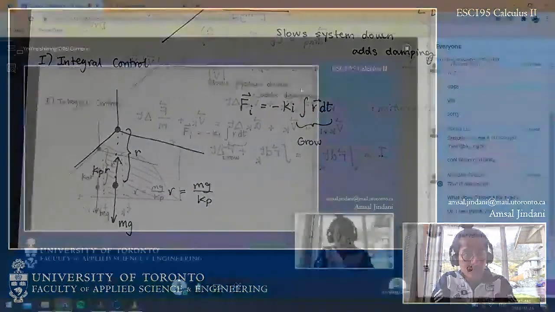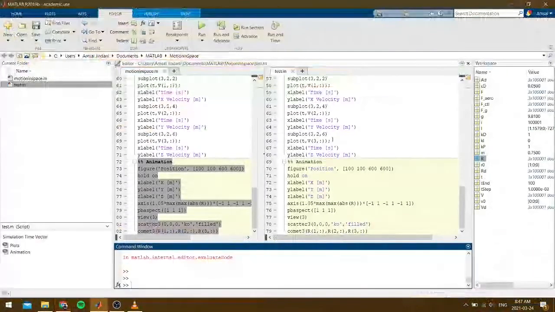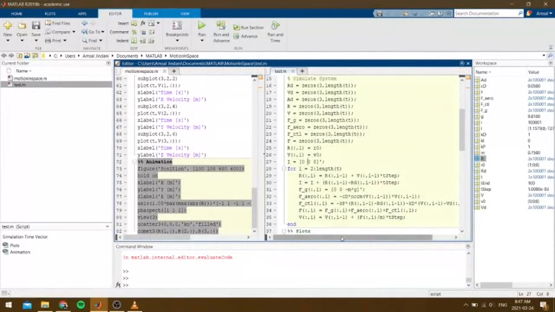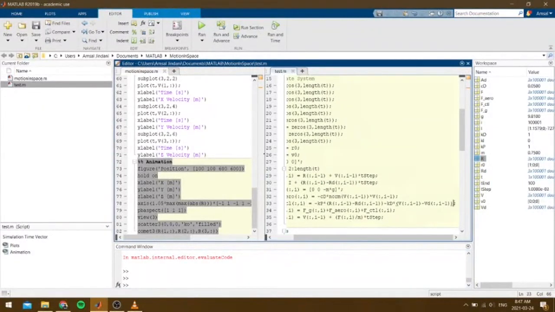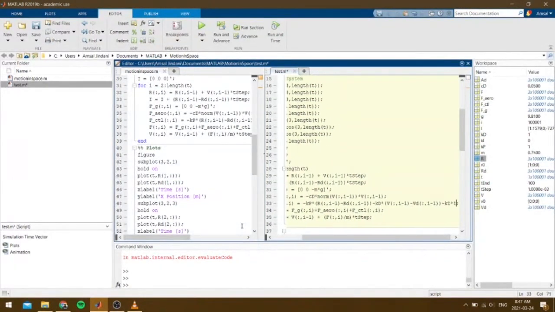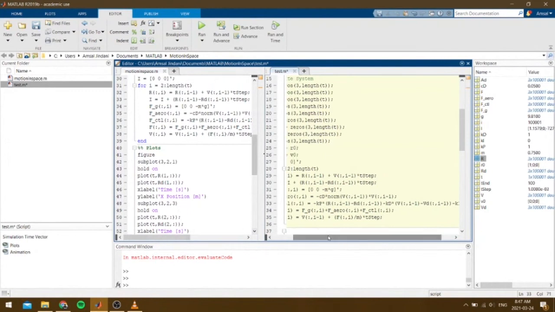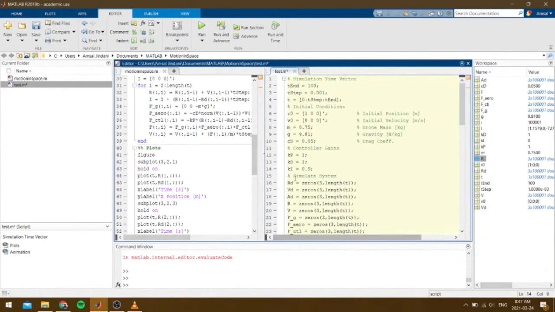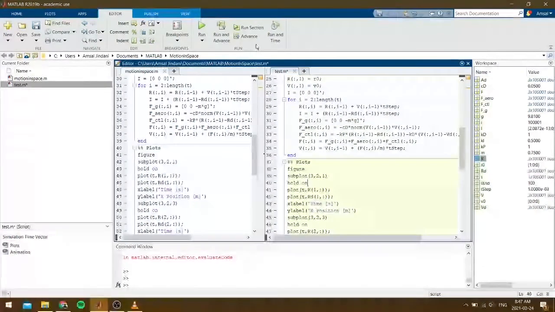So let's implement integral control now. It'll be easy since we're already tracking this. We just have to add our integral term back in, and I think it was minus ki times I. And then you have to turn on ki as well. So let's say that ki equals 0.5. So now if I run the system,